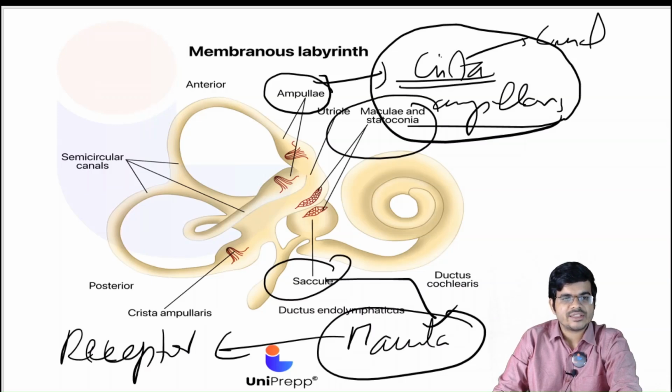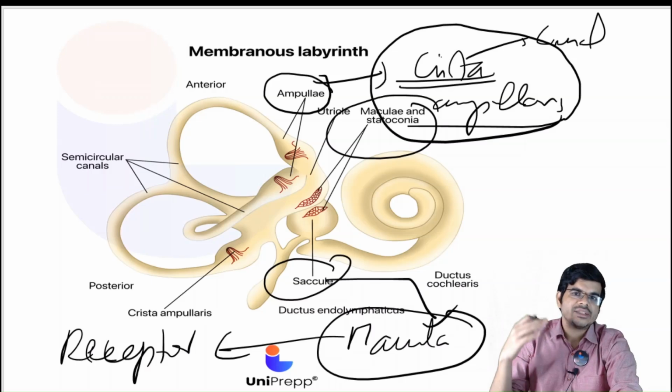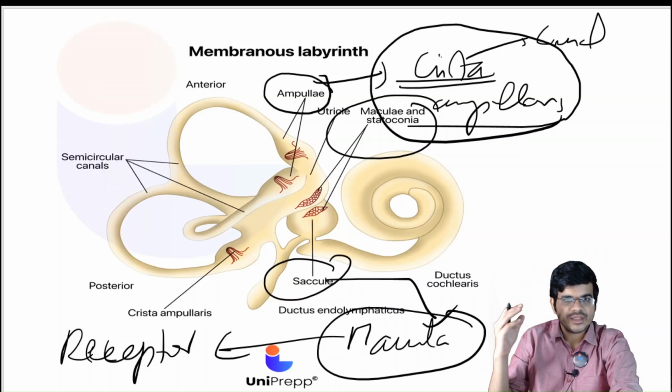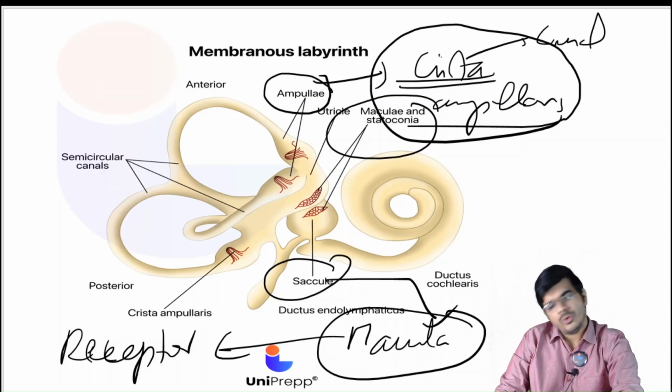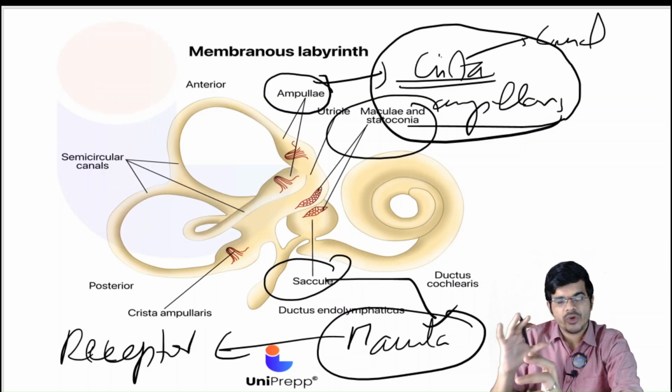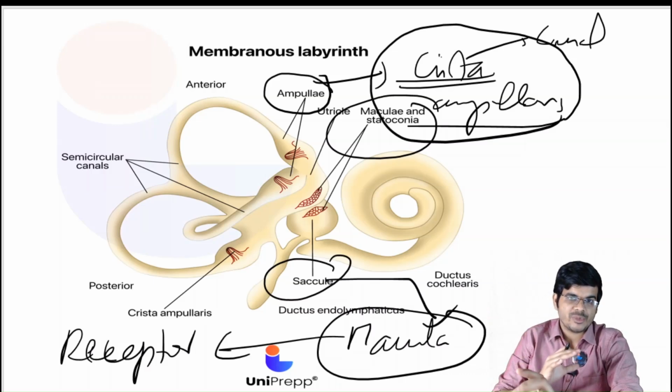The semicircular canals deal with angular acceleration. Okay, when you are moving your head like this, the angular acceleration that is occurring is being dealt with by the semicircular canals. Because these semicircular canals are oriented in different planes, projecting into 3 different planes, all the movements can cause stimulation of each of these canals according to the movements. Okay, there are movements like pitch, yaw. All these movements can cause a stimulation of these semicircular canals, and so it deals with angular acceleration, and